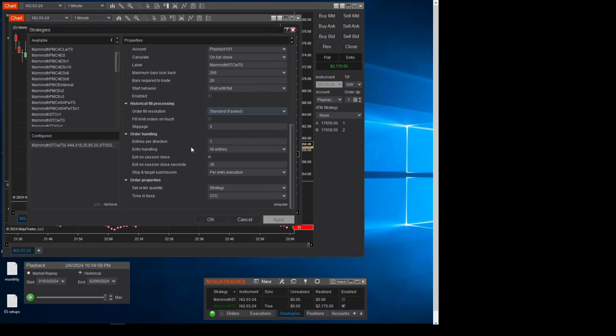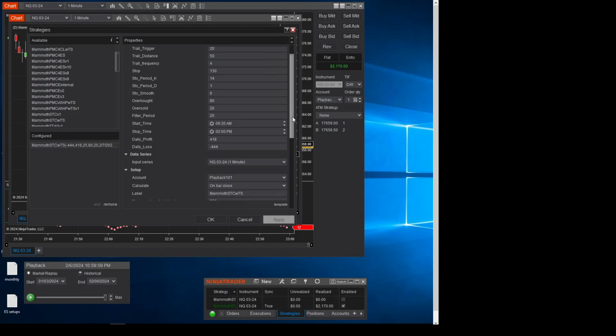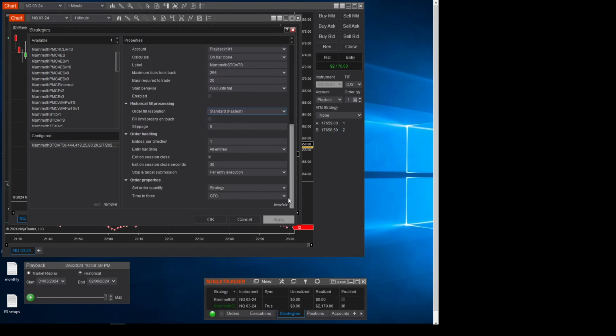It will make it more complex because you'll have a lot of values you have to set here, so this whole thing will be very long. I'll try to minimize it to make it a little bit easier to enter the data. The set order quantity right here is by strategy, which is one contract per trade. And you can set it to default quantity, then you can change the number to two or three or four or five